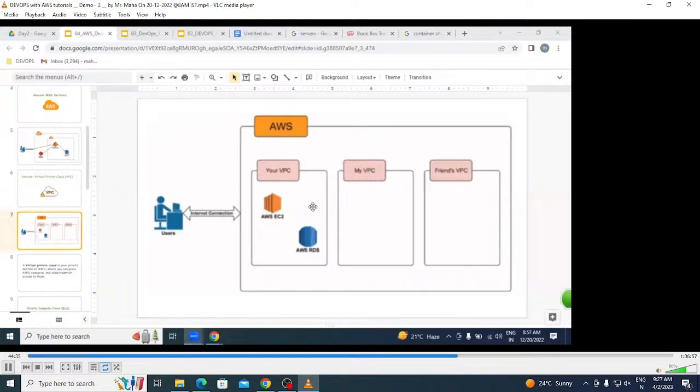Without a network, we can't keep any machine. Even my laptop: without a network, can I conduct this online session? No. The same way, servers also. Without a network, no server can exist. First, we need to establish the network. On top of it, we are going to keep